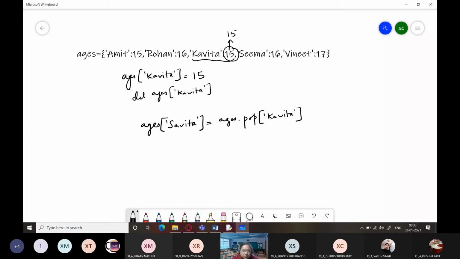So the pop function will remove this entire key value pair from the dictionary, but it will retain its value, that is 15. And now another new key gets added over here, that is Savita, and its value becomes the value of the deleted key. Right? So let's check this out practically.